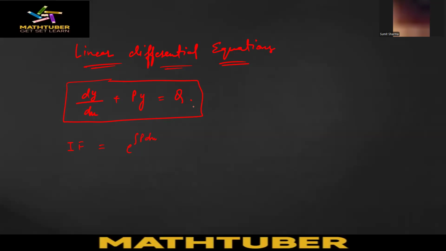Now this p and q will be in the form of variable x. And also one more thing, if you are doing the integration of p dx, you will not write c here. The constant of integration, you will not write it in integrating factor. It will be only the integration of that particular function,